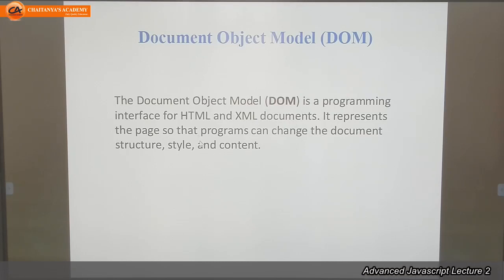This represents the page so that programs can change the document structure, style and content. The document object is just a simple programming interface for HTML or XML documents. By using that, we can change the document structure, style and content.